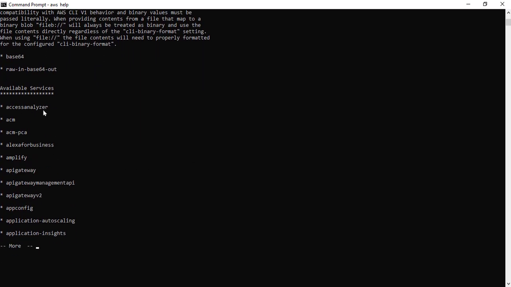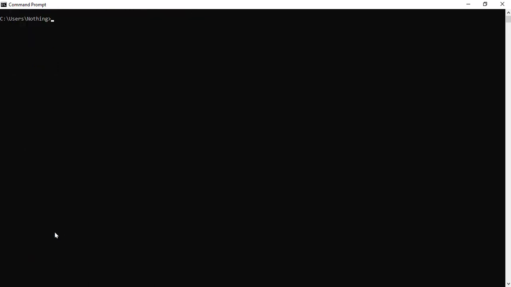These are some of the available services in CLI, and not just some, actually you have almost all the services that are available in AWS via CLI. I'll quickly come out of it and show you what can be done here. You type aws, then we are talking about the EC2 service, and now let's look at what we have in help for it.